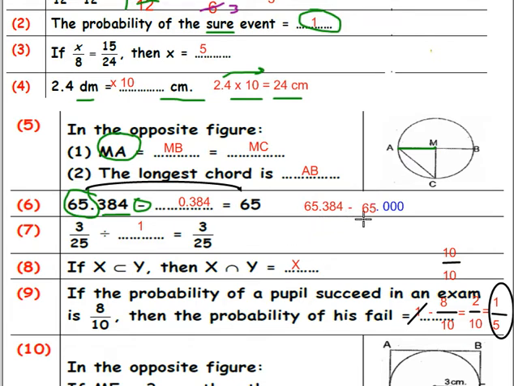Make balance between the two numbers. Yes, by putting 3 zeros and make subtraction, you will get this number,